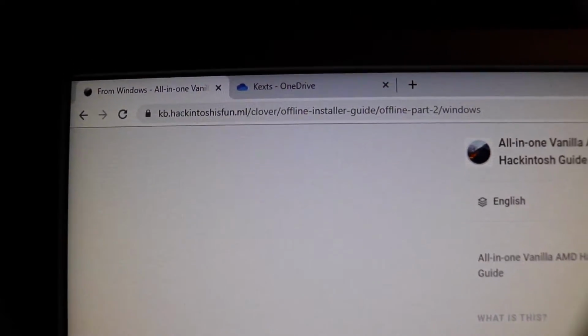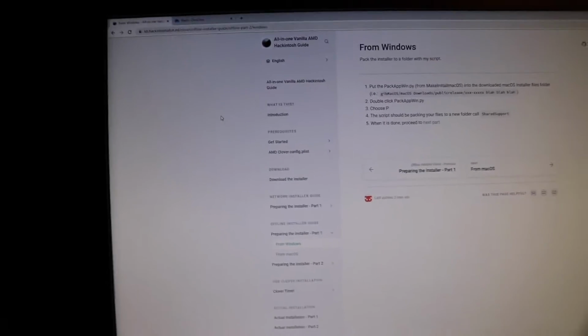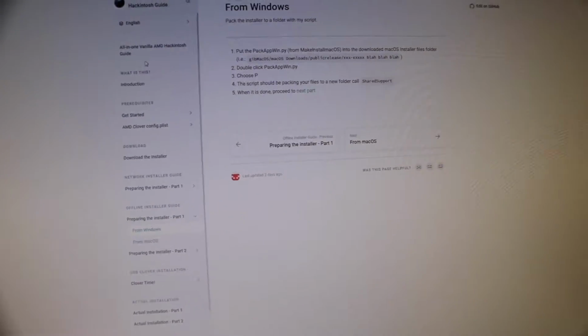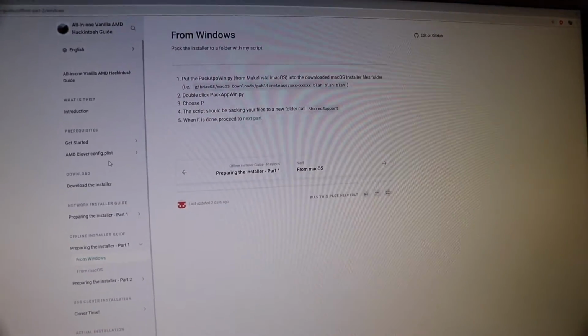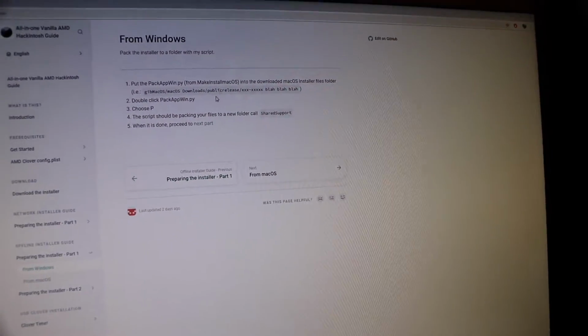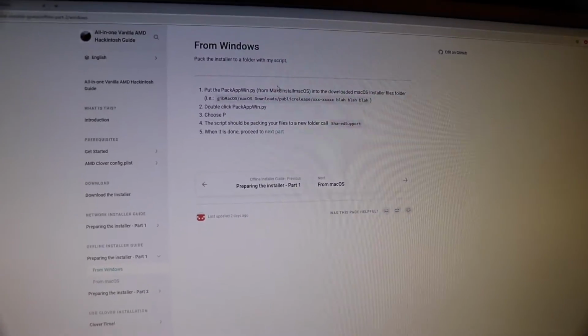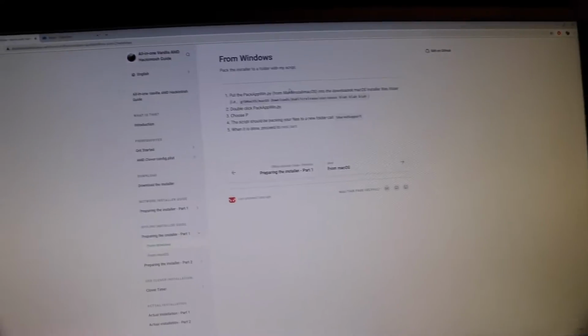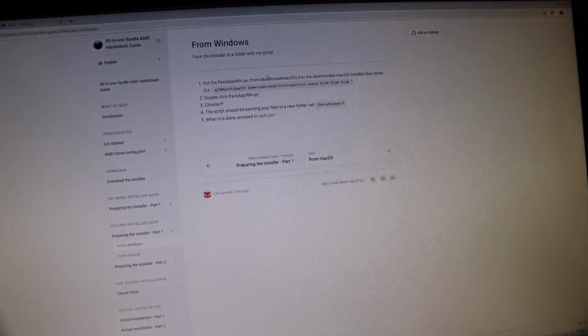But anyway, I am at kb.hackintoshisfun.ml. And basically what you do is you need to follow their steps, and once you actually get to downloading things, you have to do the offline version, because their online version, or the Ethernet version, doesn't work right now. So that's why it wasn't working for me, and that's why it's not working for a lot of other